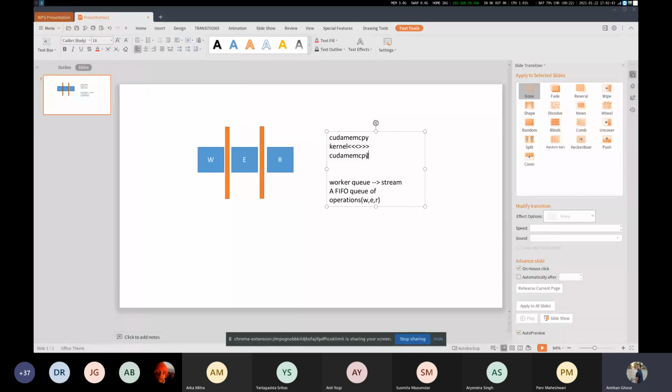So a synchronous function essentially means that when the host program is, say, executing CUDA memcopy, it would wait for that particular copy operation to finish, and only then would it proceed to the next line of the code. Okay. Similarly, for kernel, here